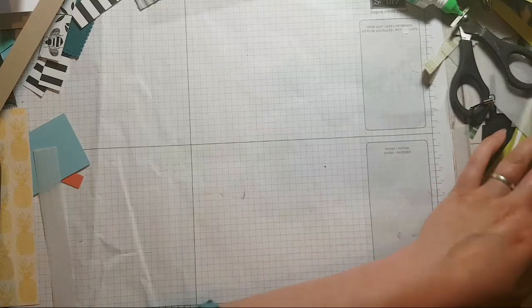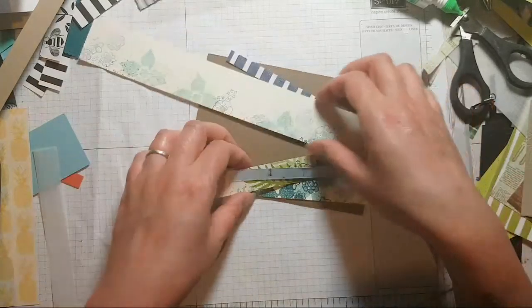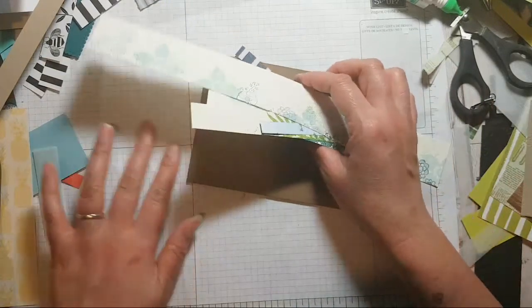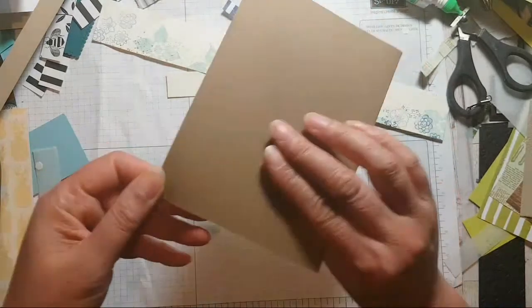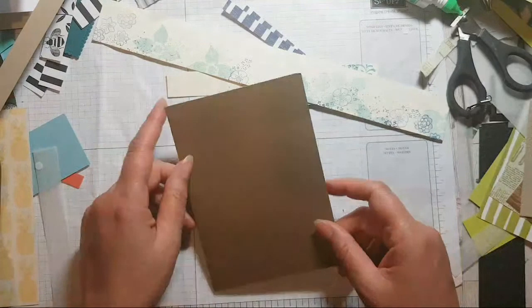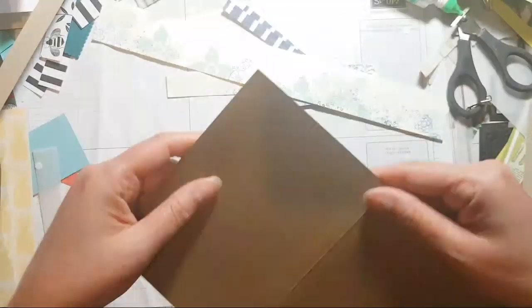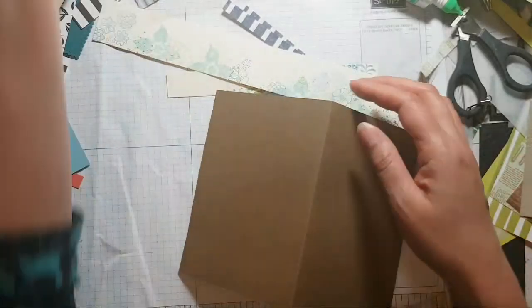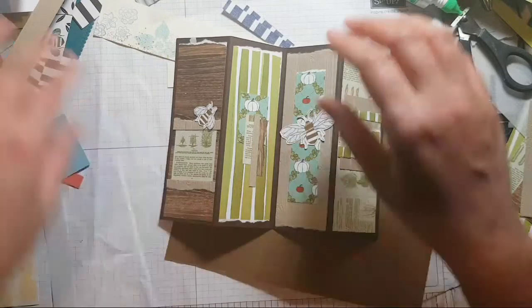Right, now I've got these little bits and pieces here, and I'm wondering, what about doing that lovely type of card that Kylie Bertucci's husband's been doing? I'm going to trim that down, I think. This measures...